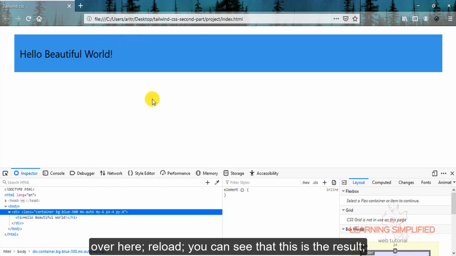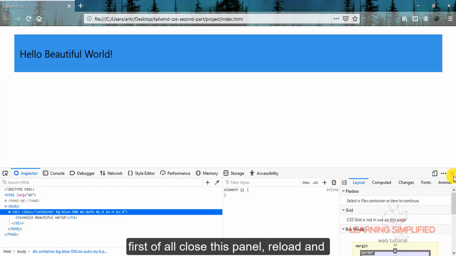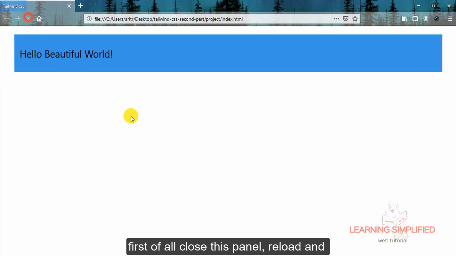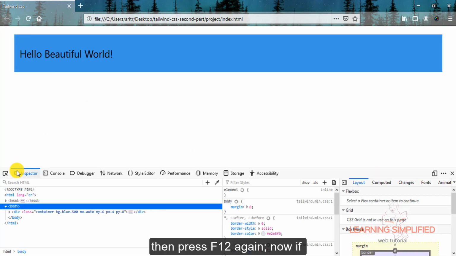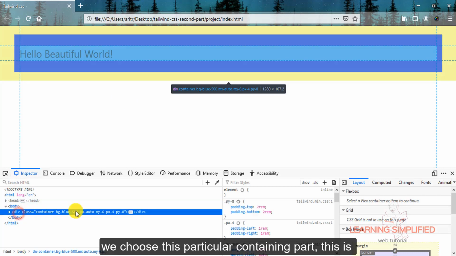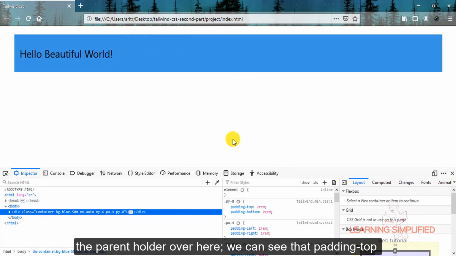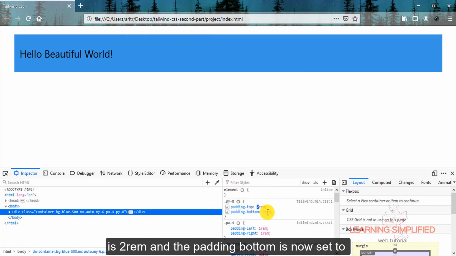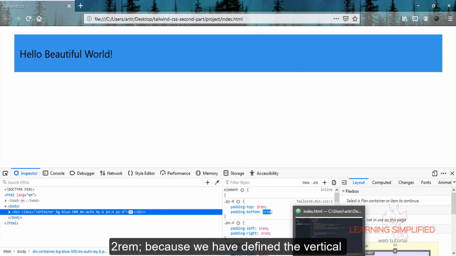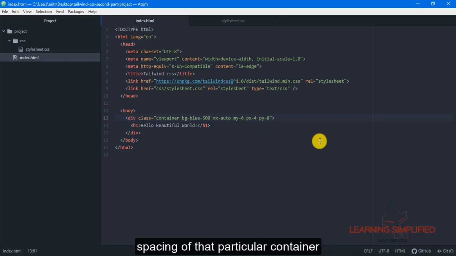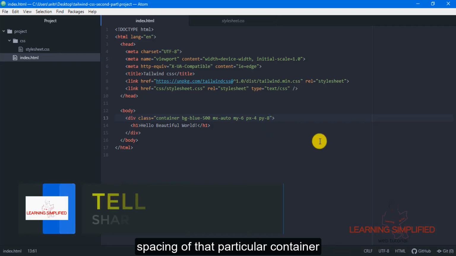Reload. You can see that this is the result. First of all, close this panel, reload, and then press F12 again. Now if we choose this containing part, this parent holder over here, we can see that padding top is 2 rem and the padding bottom is also set to 2 rem because we have defined the vertical spacing of that particular container.